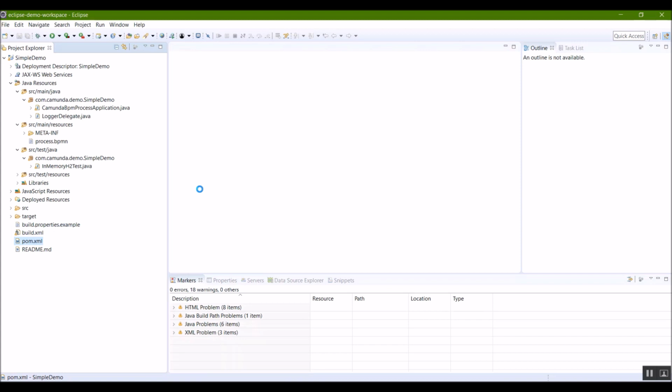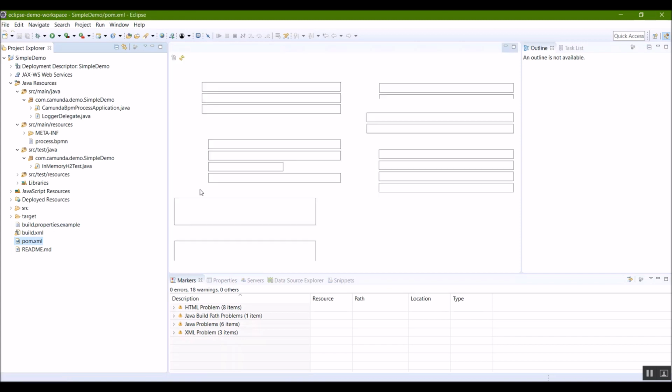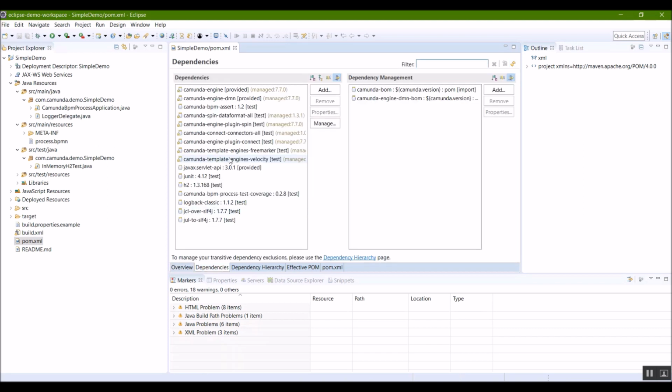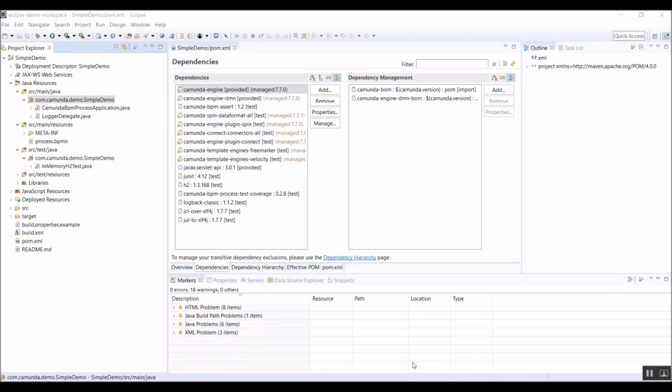This is quite useful because, if you're not familiar with Maven, a POM file is able to describe all the requirements and the dependencies your project might have. For instance, you can see here that I need the Camunda engine, and I've also got the specific version I need, and a few other bits and pieces that are required for testing and for deployment. With our project ready for action, it's time to actually build something and run it.